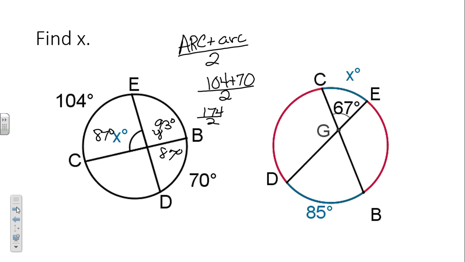Okay, here's the next one. Now we want to know what the smaller arc is. And we're given the larger arc and we're given the angle measure. Okay? So we still do the same thing, right? They're intersecting inside the circle. So we still add the arcs, divide by 2, and then set them equal to the angle. So if I add these arcs, my big arc plus my little arc,